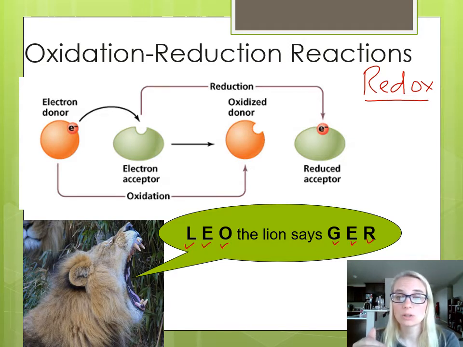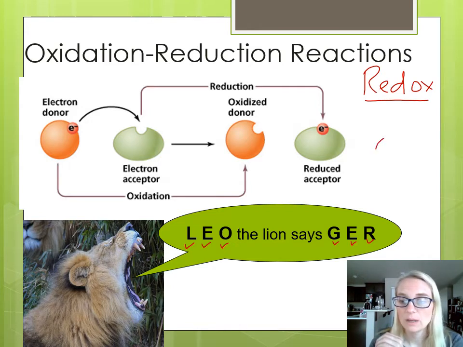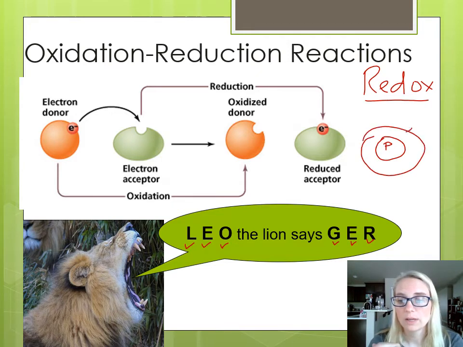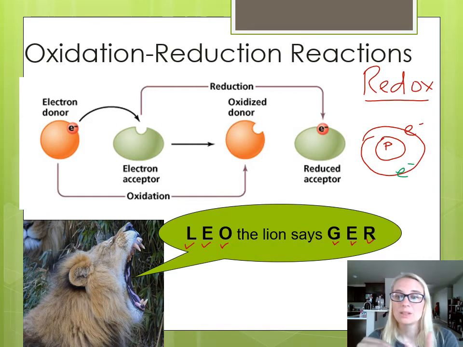They're usually going to be hooked onto a hydrogen. So remember, a hydrogen atom in the nucleus has 1 proton, no neutrons, and 1 electron floating out around outside of it. When a substance, the electron donor, donates the electron, it's usually going to be housed with a hydrogen atom. So basically this is going to be like a hydrogen atom with a negative charge to it. It's got 2 electrons hovering around that proton, and that's what's going to be moved to your electron